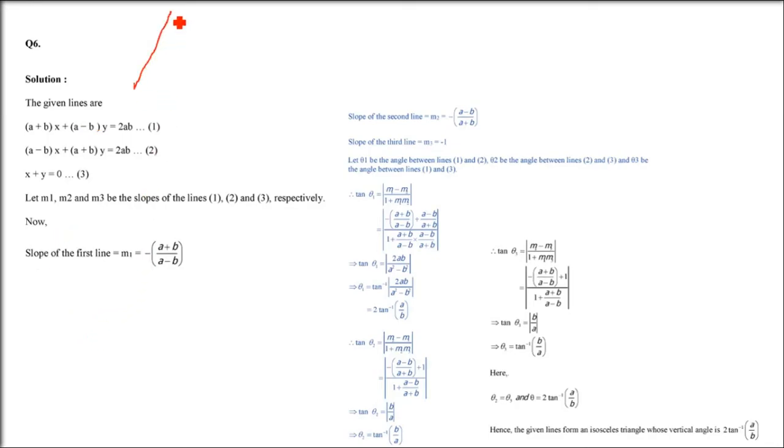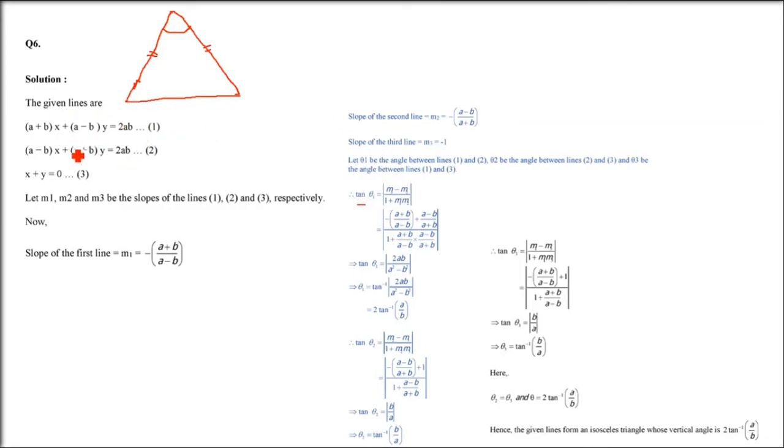So we have a triangle, and in this triangle, two sides, we have to prove that they are equal. Then it is an isosceles triangle, and there is a vertical angle here also. If these two sides are equal, it is an isosceles triangle, and the two angles opposite to these equal sides will be equal also. So these two angles will be equal, and these two sides will be equal, right? So that's what we are going to do.